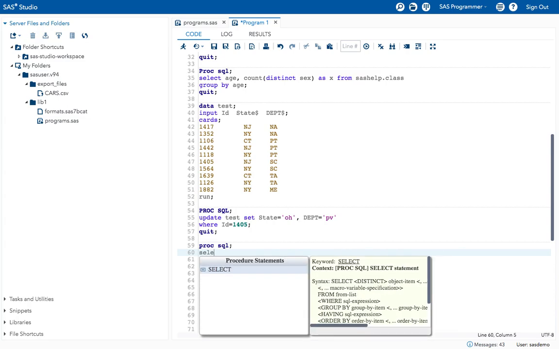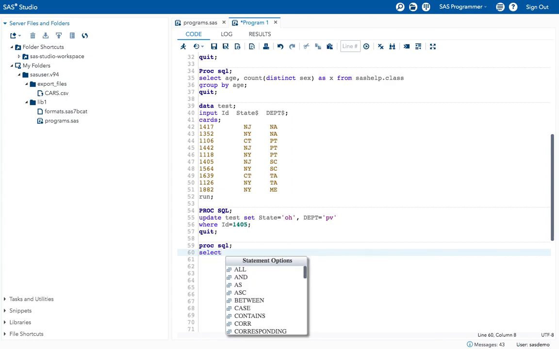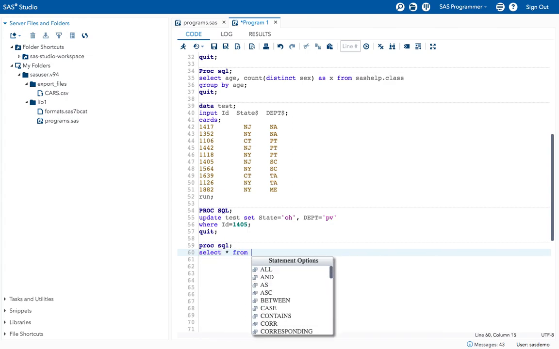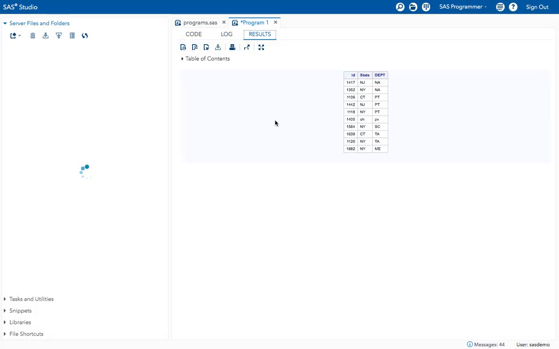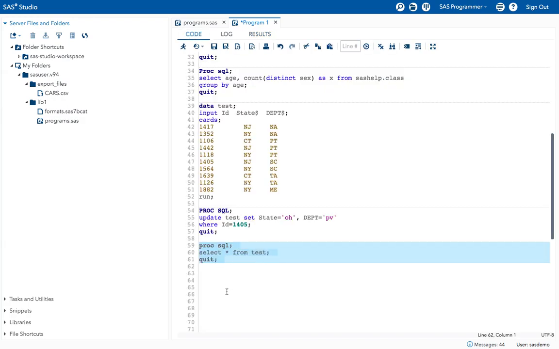Select all variables from test dataset. Okay, quit. Now execute the program. Now it prints the updated data. See now 1405 got updated with OH and PV values. Like this we can add and drop values, and we can modify any data values by using the PROC